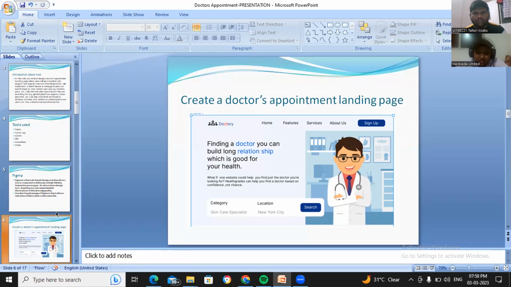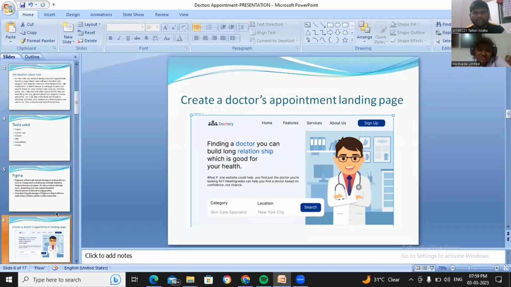The doctor and relationship, you have highlighted them. That is a good thing, because as a user, when I'm looking for something, I want to look at the positive words. So the first thing is, when I'm visiting your website, why am I visiting? I am looking for a doctor. You have specified it. My first thing that I see is doctor. Yes, this is the website that I want to visit. Next is relationship. That symbolizes a positive word. It gives a positive feeling. Yes, so that is good.